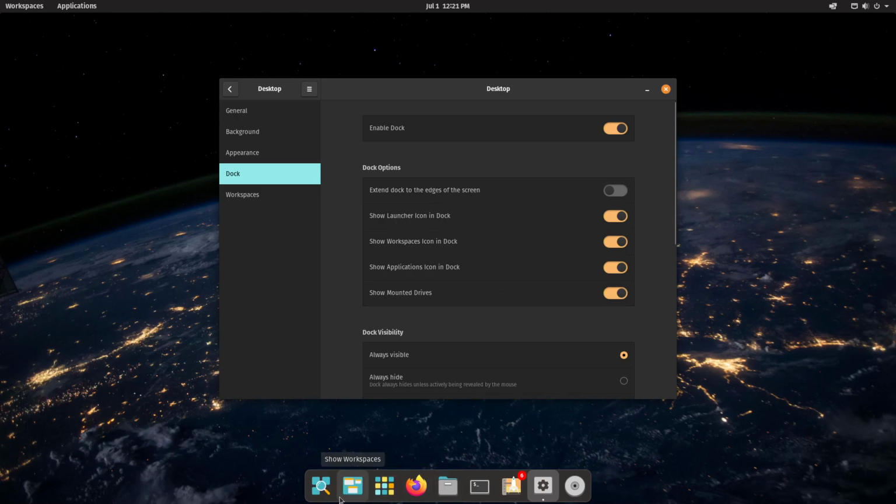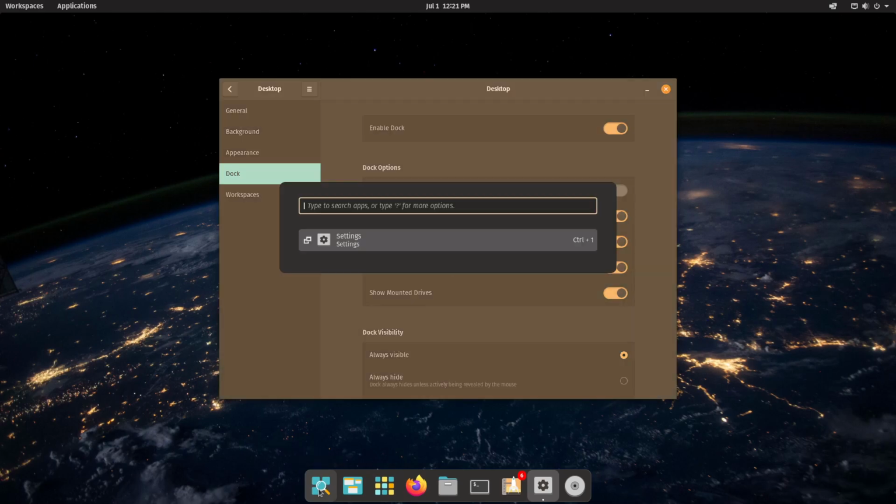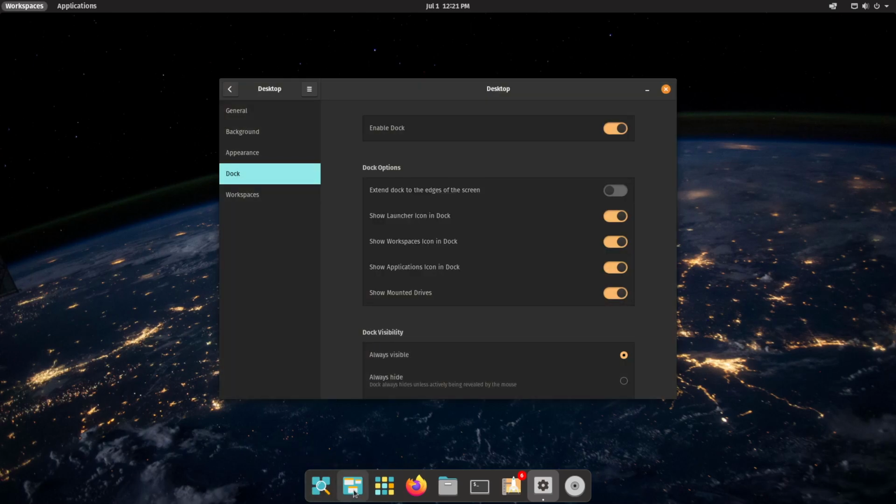Launchers in the dock. You can get rid of some of these launchers. Right here is the launcher for that. It's right here in the dock. This right here is for the workspaces. It's also over here. So if you want to get rid of these here and just keep them in the dock, because you don't like how that looks, you can go